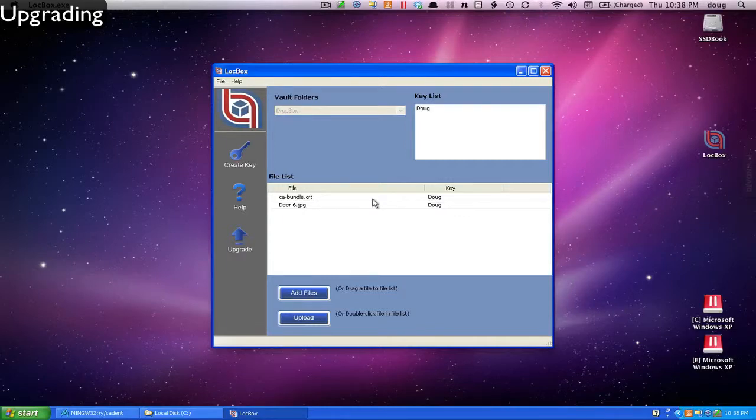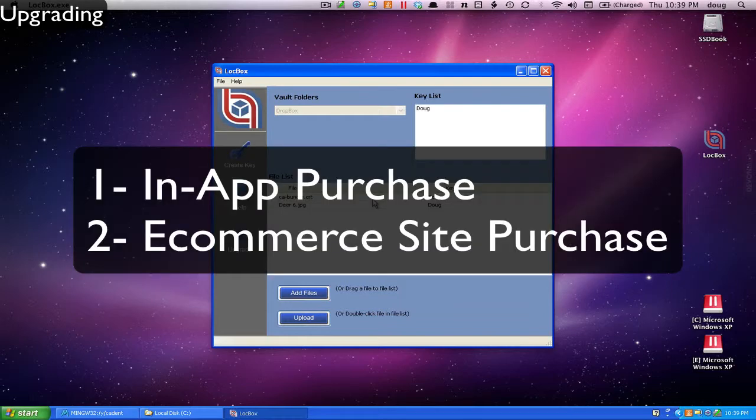Hello and welcome to the LocBox screencast on how to upgrade from the free version of LocBox to the pro version of LocBox. There are essentially two ways that you can do this. One, you can do an in-application purchase, which is the easiest way, or two, you can purchase within your web browser at the e-commerce site and have the license code emailed to you, which you can then enter into the